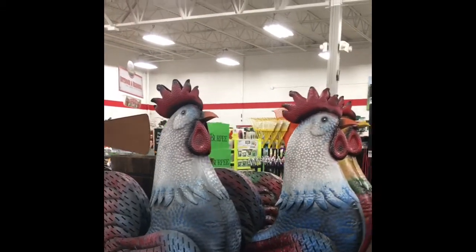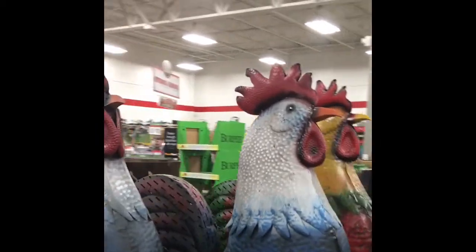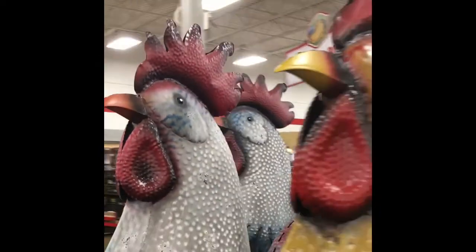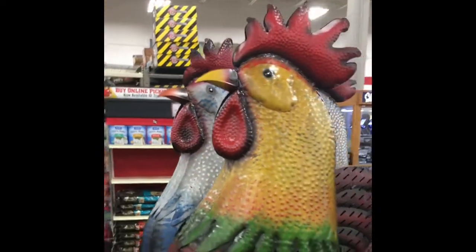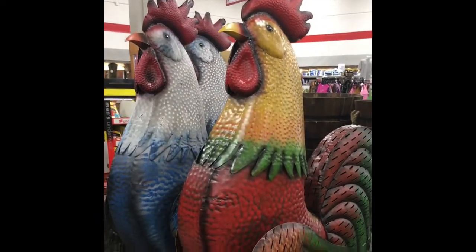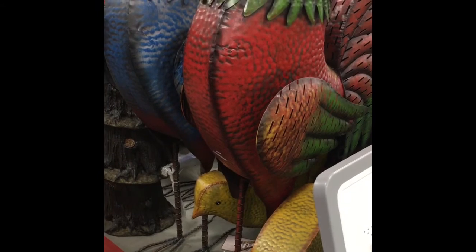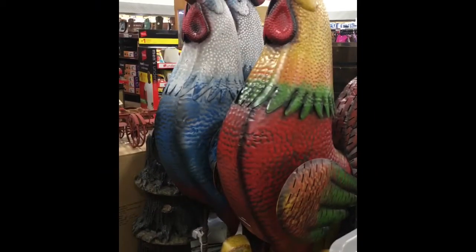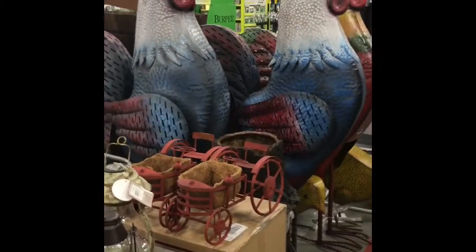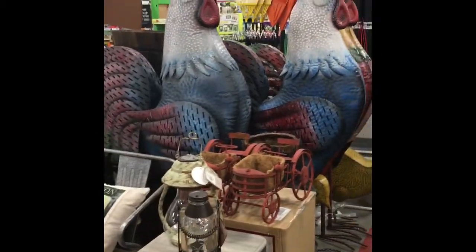I have one more thing to show you. Okay, last but not least, while I was out and about that day, I had to stop at the Tractor Supply and get some supplies for the chickens, and I saw these enormous roosters that are taller than me, along with some baby peeps down below, and I thought they would be the cutest thing to set in front of our chicken coop, but I obviously didn't get them. I don't even know how much they were, but I might go back later on this summer if they're still there. And then I saw these little